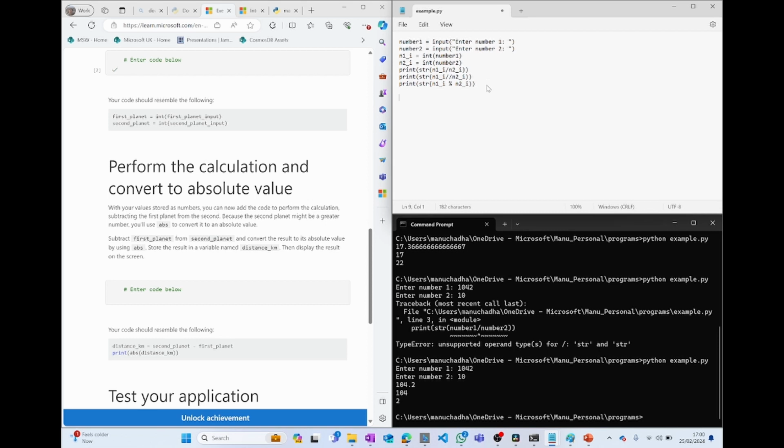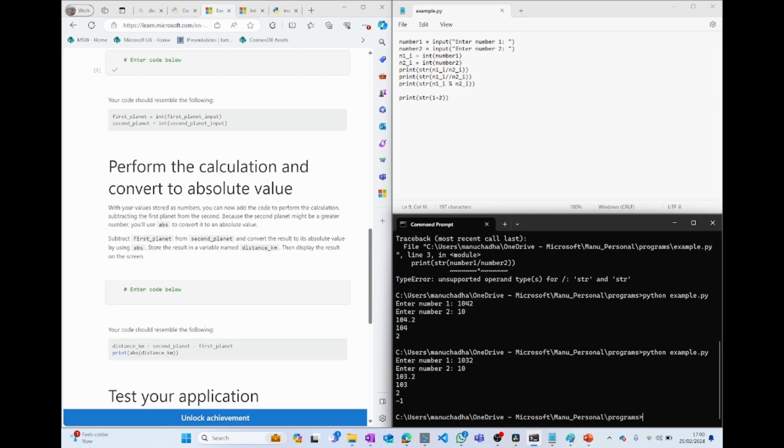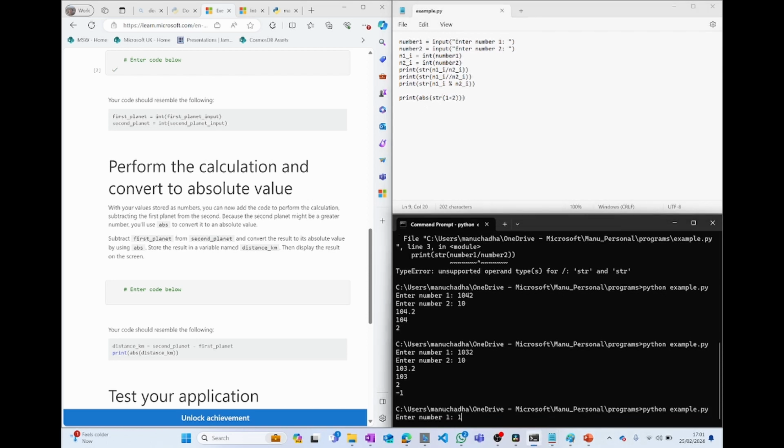So if I say print 1 minus 2, if I just print this, I should get -1. But if I want a positive number only, I can call the ABS method, which is available in the math library. And if I run this,